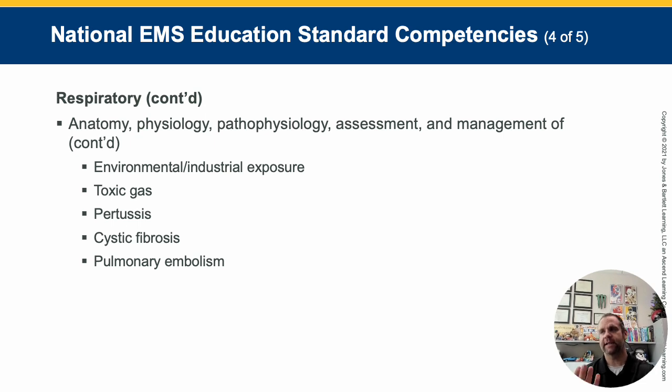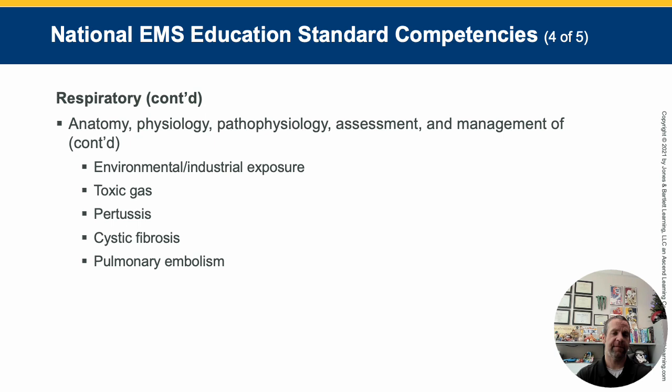Environmental and industrial exposures often involve inhalation of chemicals like chlorine, ammonia, and pesticides, which can really damage the airway and the lung tissues. Carbon monoxide in particular is called the silent killer because it's odorless and colorless, but it's deadly. So understanding how these toxins affect oxygen delivery and recognizing the signs like headache, dizziness, and confusion is critical for early